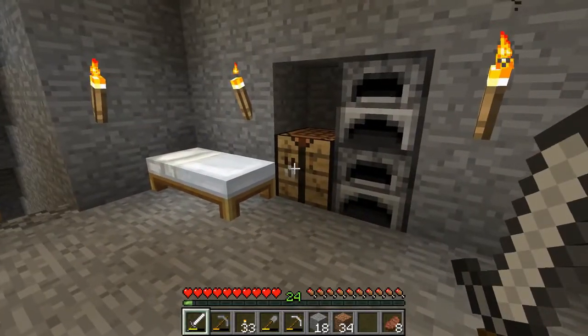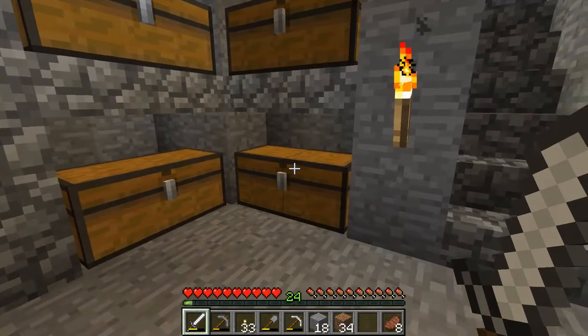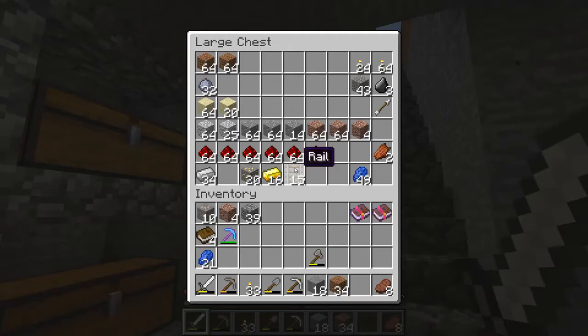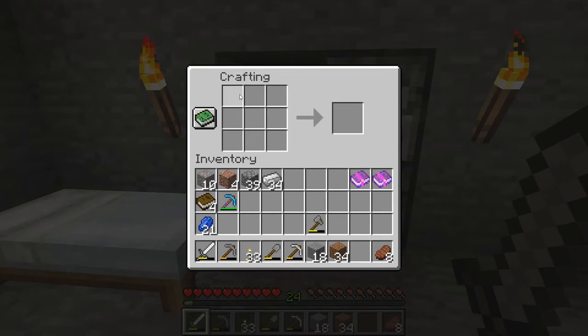I suppose I could cover one more thing in this video, and that is how to build and use an anvil. I don't know if I have quite enough iron for it. We're just beginning. Let's see what we have. So I'm going to need 3 iron blocks. You make an iron block